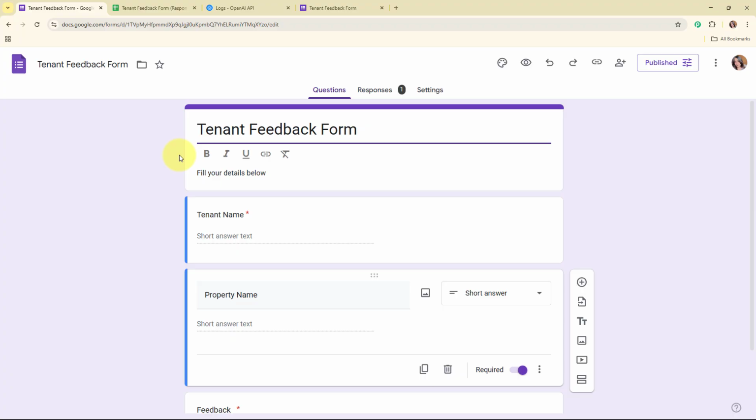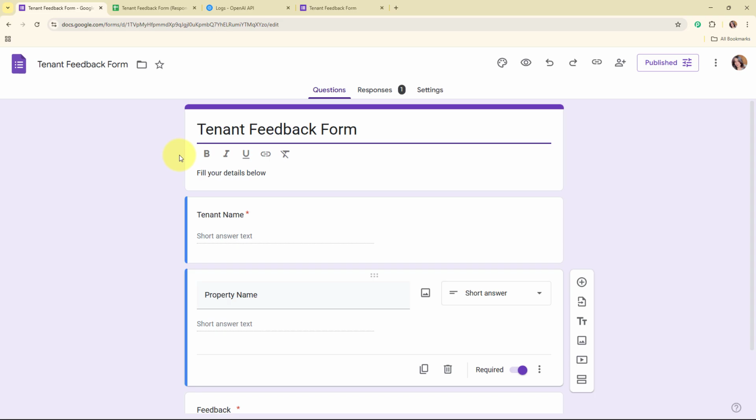In this video, I'll show you how to automatically analyze tenant feedback from Google Forms using AI agents. This will help you quickly identify common issues, improve your property management services, and save hours of manual review. As a property manager, I regularly collect tenant feedback through Google Forms to understand their concerns, satisfaction, and suggestions.